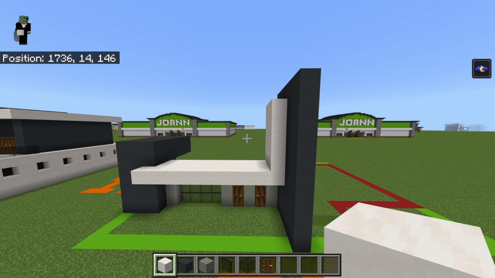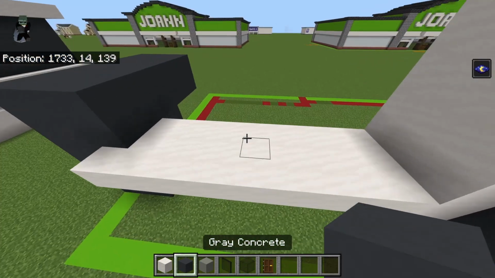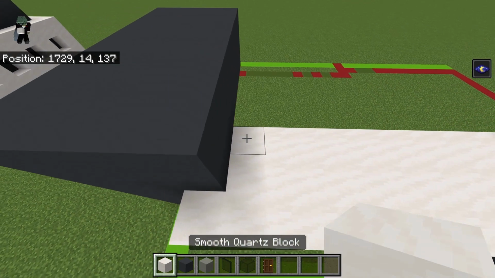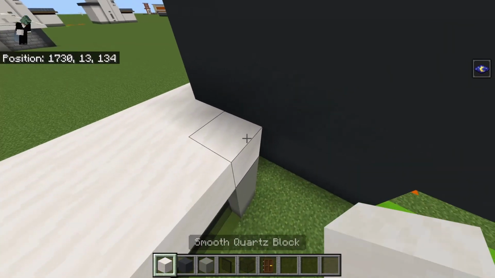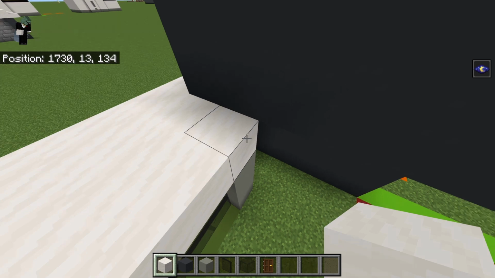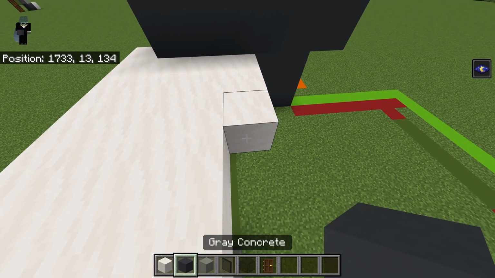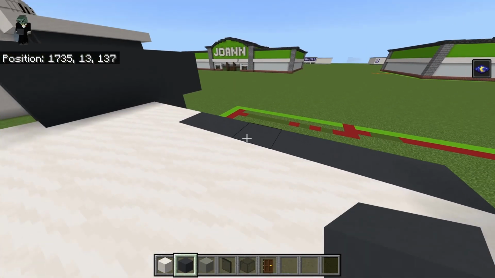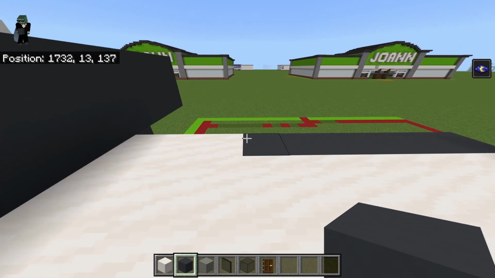Well, no, I'm not going to do that yet, actually. I lied. First off, I would start at least this bottom row of smooth quartz blocks. You want to go left to right behind it, and you want to place 3 smooth quartz blocks, and then just the rest of the row will be gray concrete, and then you'll stop before your wall. You will go left to right on top of that row of gray concrete, and you want